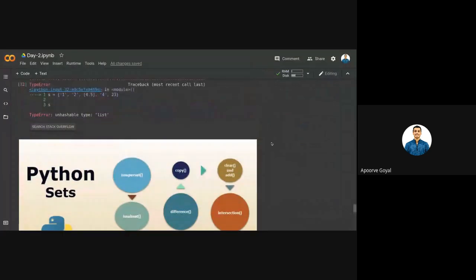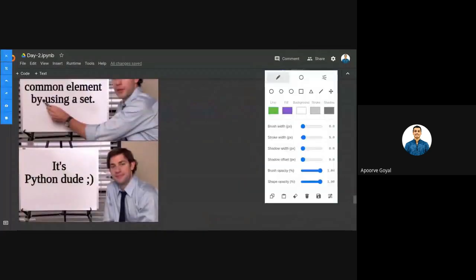Okay, this is better. Suppose you have a set A and a set B. If I do A dot difference B, it will return all the values that are part of A but not part of B. That are in A but not in B.